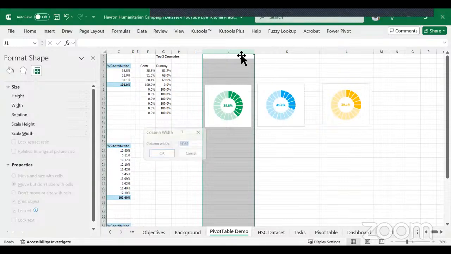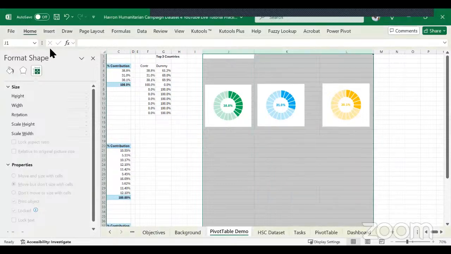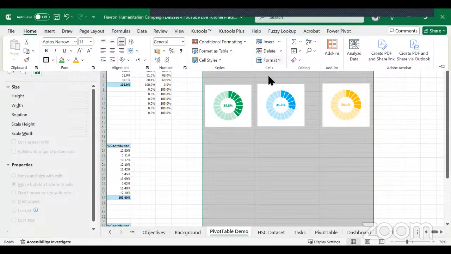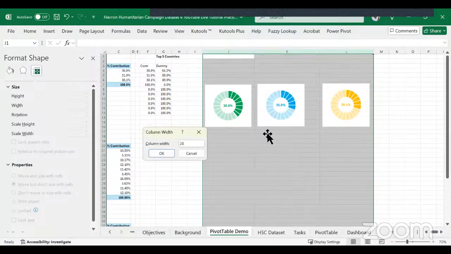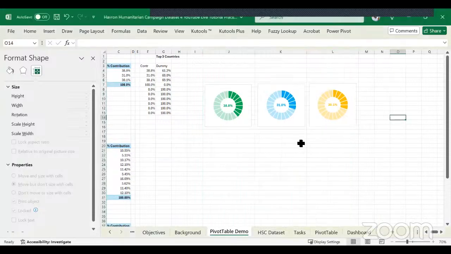These three of them, I want to make it 28 so that they can be equal. So let's make this 28. They are all equal now. And again, you will do some other formatting so that this can be the same size, both in height and in length. So here, I'm going to